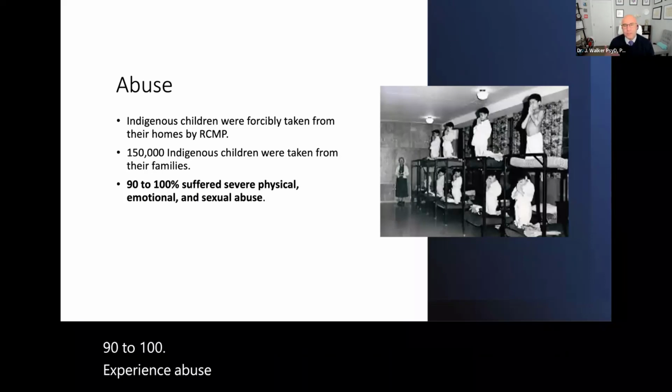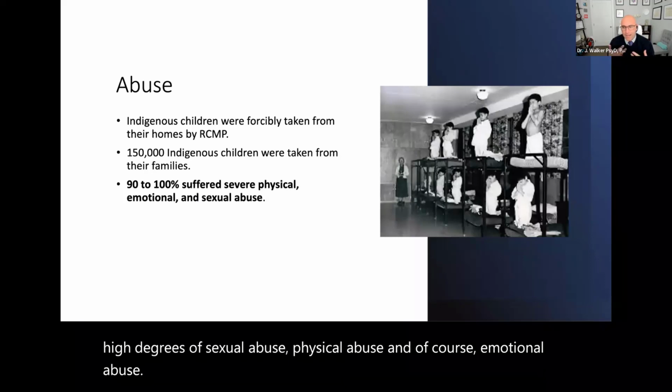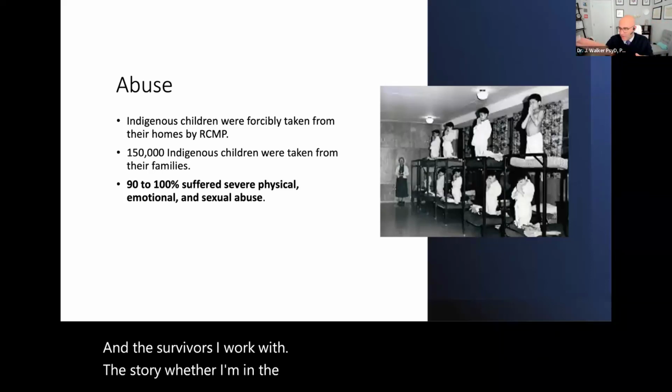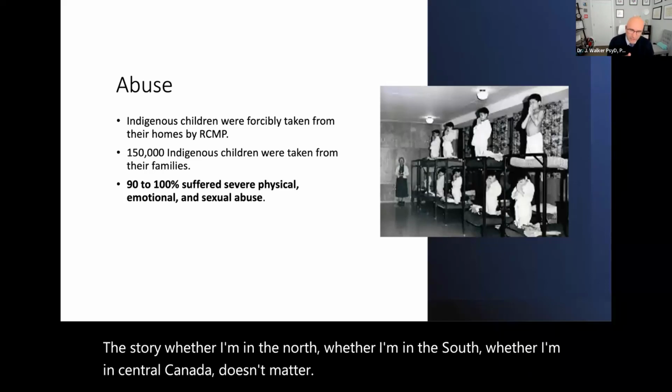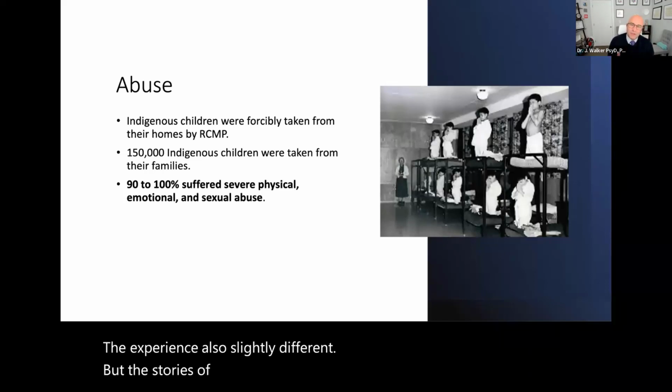High degrees of sexual abuse, physical abuse, and of course, emotional abuse. And the survivors I work with, whether I'm in the North, whether I'm in the South, whether I'm in Central Canada, doesn't matter. The experience, all slightly different. But the stories of abuse are all very similar. Very